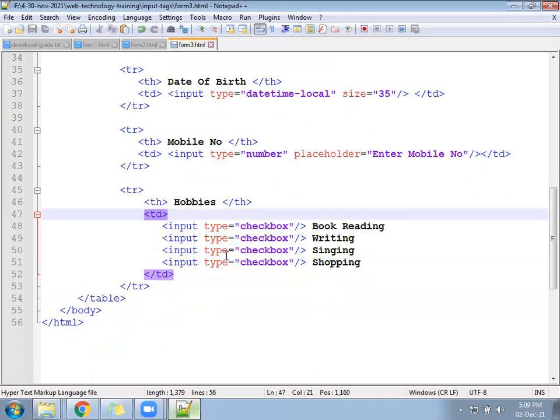Now all of this will come in the same line. It will increase the width of your table. Followed by BR, you can print in the new line. You can follow the BR everywhere so that it prints in the new line. After every checkbox, in the last, write a BR.